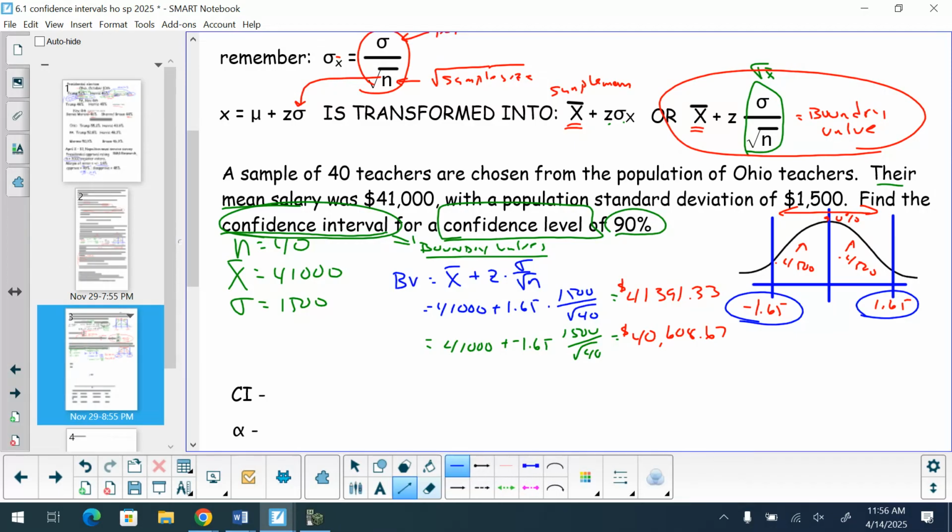Now we finish up our confidence interval ideas by writing a statement, and you need to get the statement down here. It doesn't have to be anything specific or spectacular, but you need to get a statement down. 90% of the salaries are going to lie within these, or 90% of the means of the salaries will lie in between those two values that we've just calculated. Or we can say, in regards to a confidence level, we are 90% confident